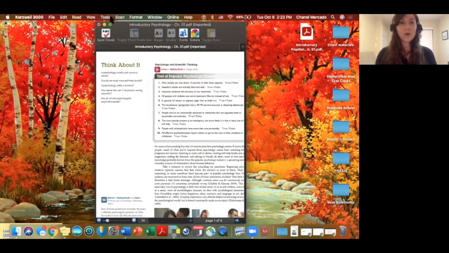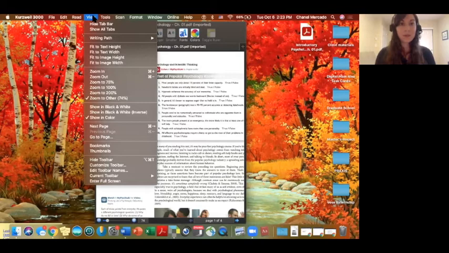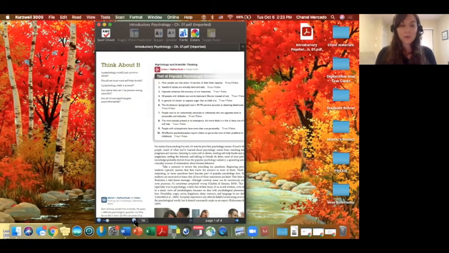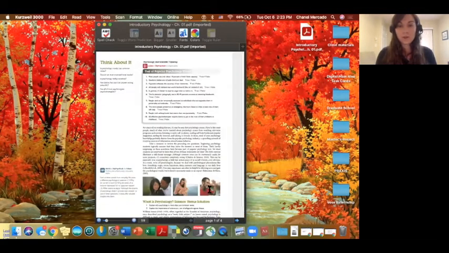There's also another way that you can find those zoom options. If you go under the top menu toolbar, select View, and then from here there are different fit options such as fitting to text height or text width, and also zoom percentages as well. I am going to keep it at this so we can see everything there.